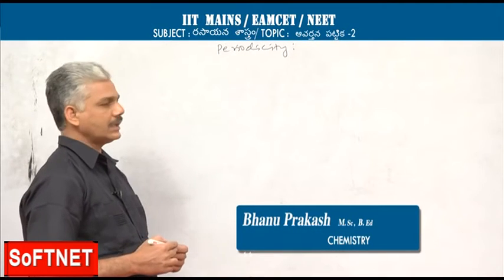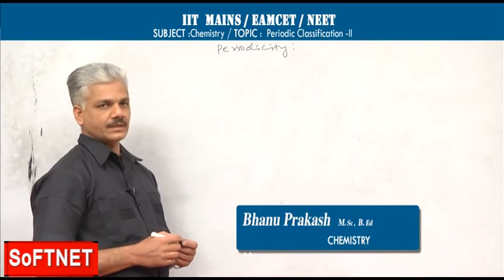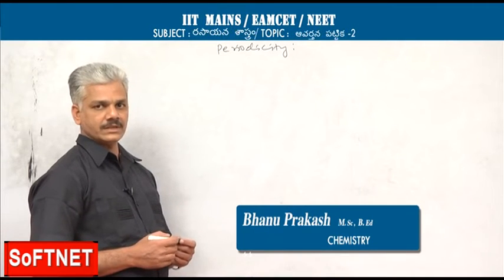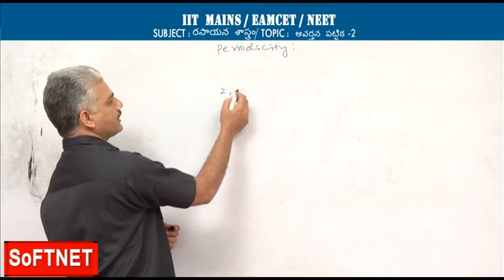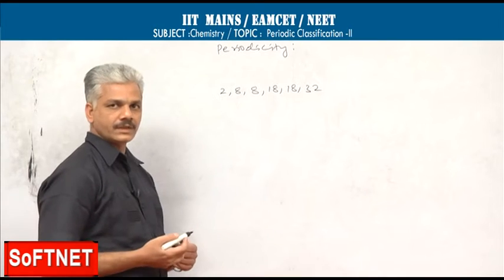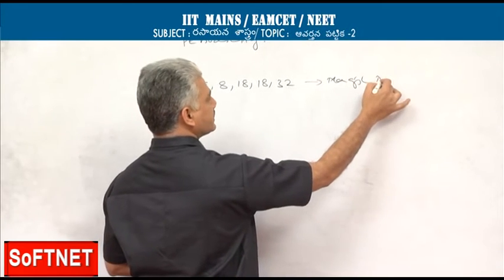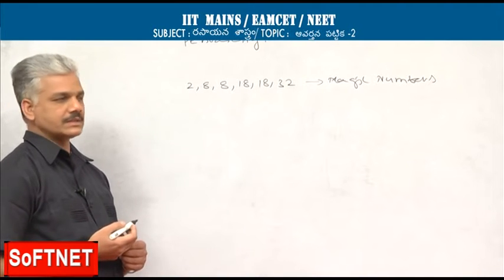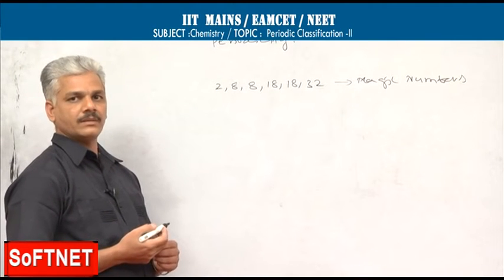Say for example, in a year, seasons are repeated at regular intervals of time. Similarly, in the periodic table, some of the properties get repeated themselves at regular intervals of atomic numbers. The atomic number intervals are 2, 8, 8, 18, 18, 32. These numbers are referred to as magic numbers. The magic associated with these numbers is that at these intervals of atomic numbers, the properties of elements get